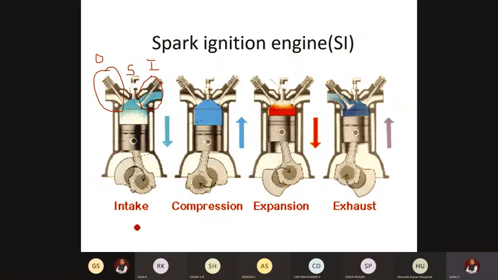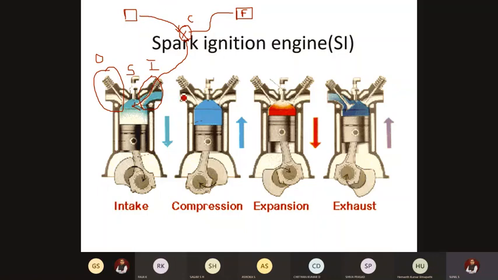Okay. So what happens during the first stroke? The inlet valve moves down and it allows the air fuel mixture to enter into the cylinder. Here, there will be a fuel tank in which fuel, that is petrol, will be stored. From there the fuel moves into a device called a carburetor. What happens in a carburetor? The air will be taken from one end via an air filter. Air and fuel will be mixed here, then it will be let into the engine cylinder. Just by a crude method I am explaining you.